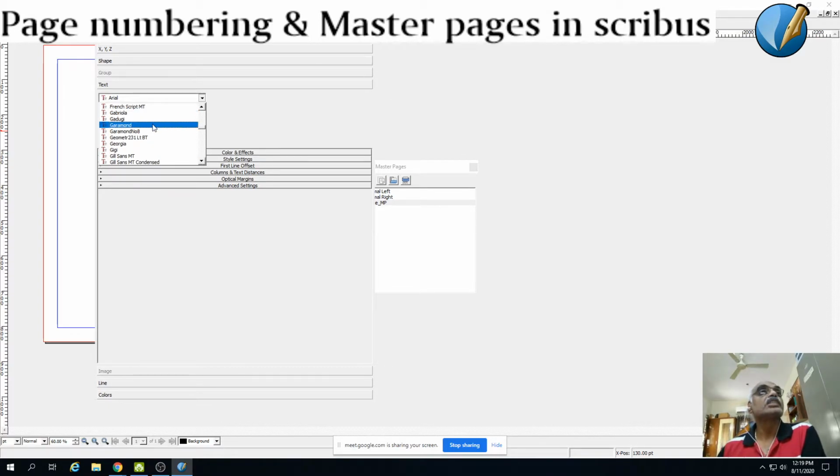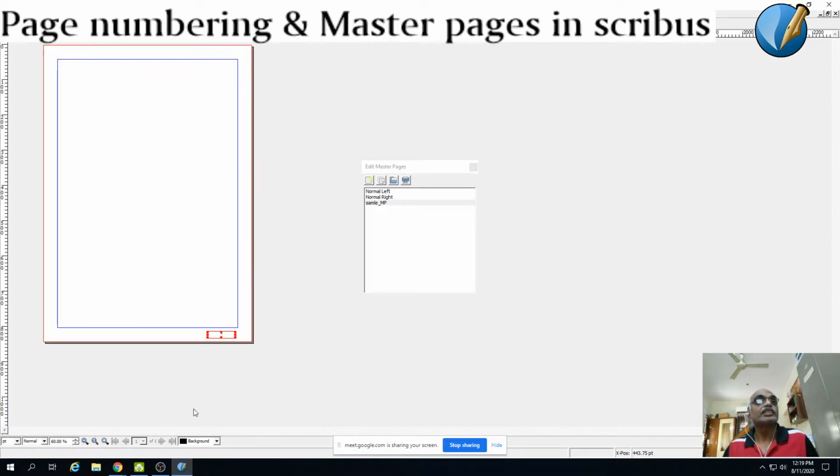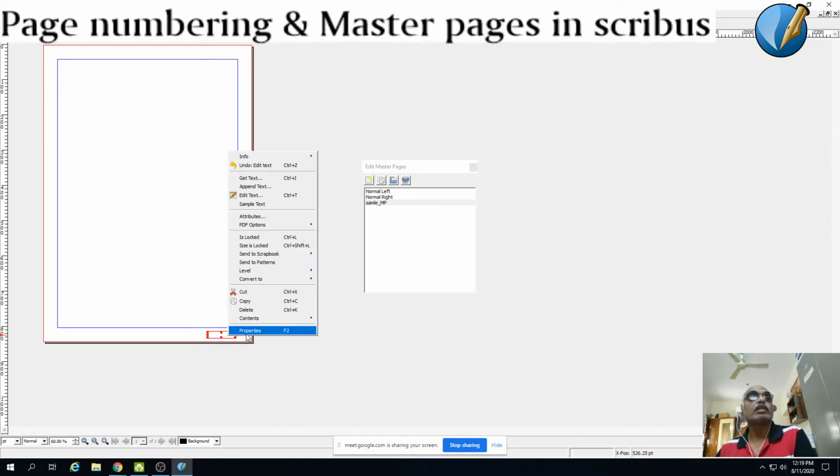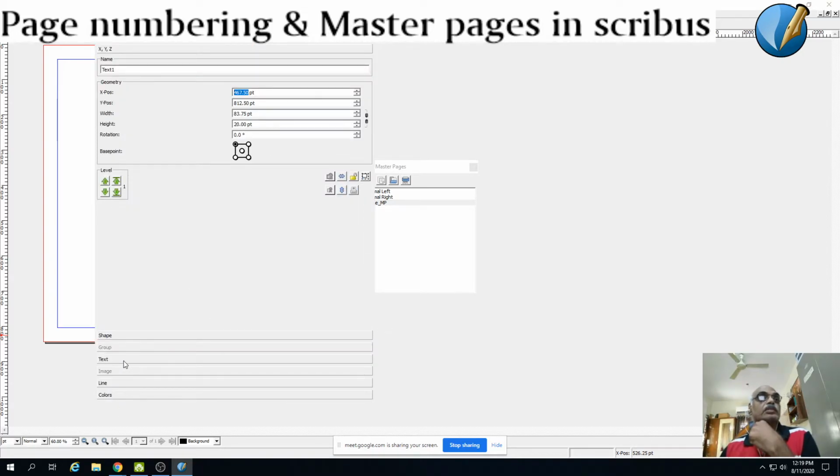Yeah, sure, Garamond. So I am choosing Garamond just to show you. So I have chosen Garamond. I want it to be bold, right? Now let's see. So here the number has been inserted, right? Suppose you want to bring the number down. Let me see what happens.